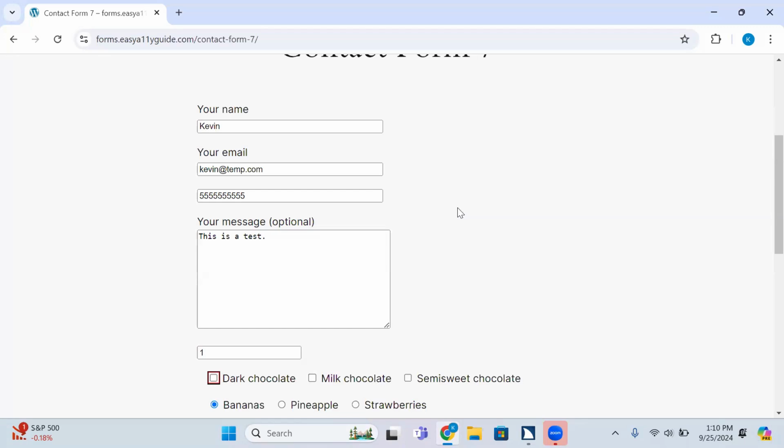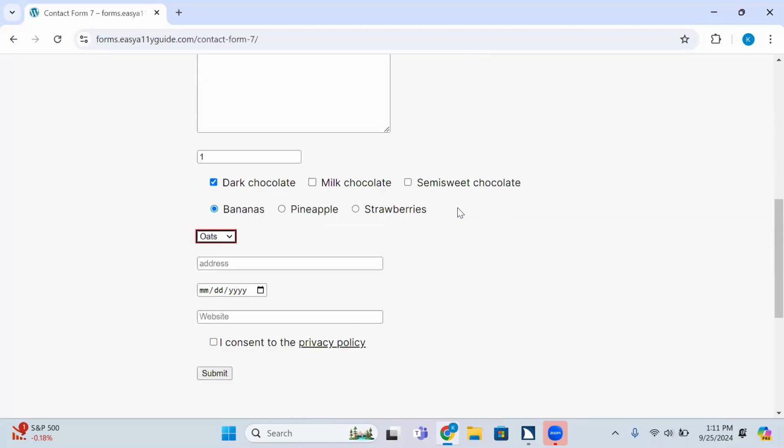Well, I do like dark chocolate. There you go. Just go ahead and mark it. I don't know what I'm picking, but checked. I don't know what it's asking me, but milk chocolate checkbox not checked. Semi-sweet chocolate checkbox not checked. Checkboxes, so presumably there's multiple things to pick from, but bananas radio button checked. Okay, it's so much better on the next form when there's context. Combo box. Oats. Bananas radio button checked. Pineapple radio button checked. Sure. 2 of 3. To change the select, bananas combo box. Oats. That's really okay. Sure.